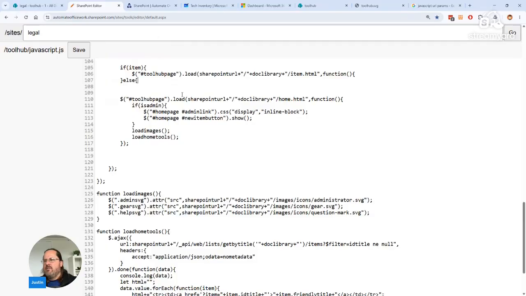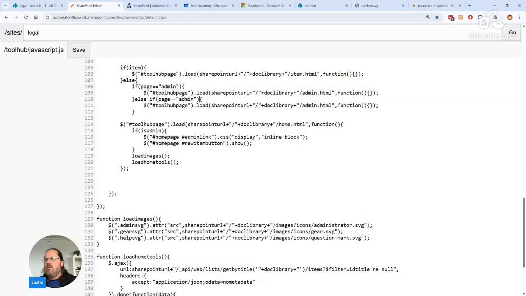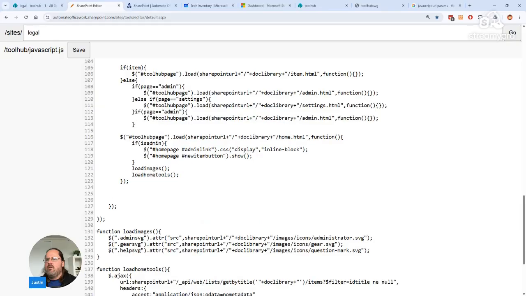Item.html, else if page equals admin, else if settings, else. So if none of those,